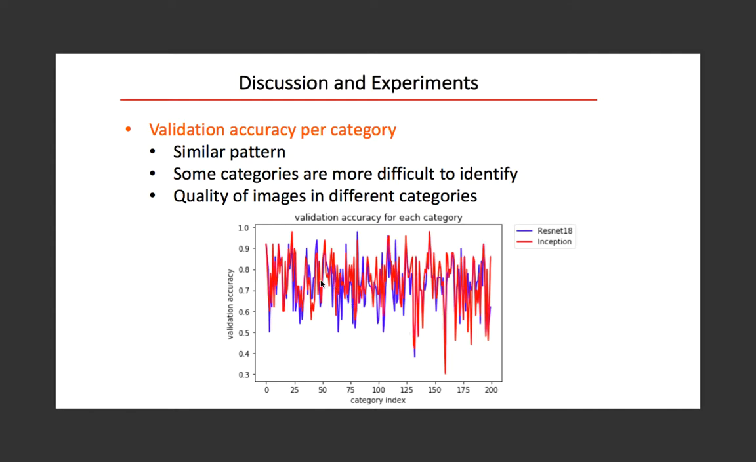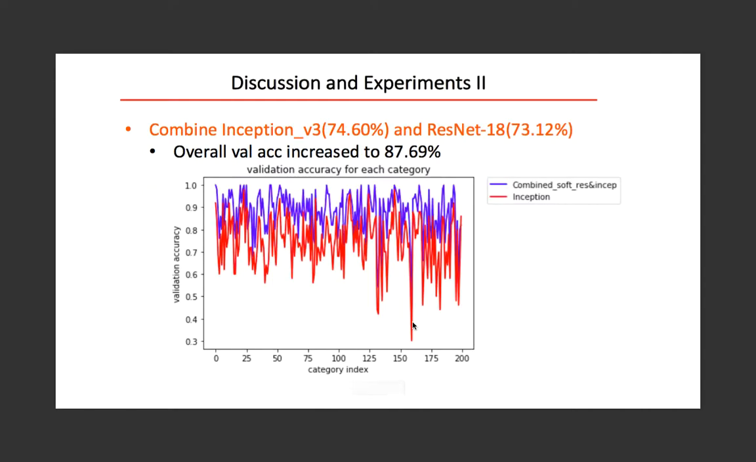But as we can see, the blue line and the red line are not exactly the same. Still, they have different strengths on different categories. So we would still give it a try, and we want to combine the two networks to see if we can get some improvement. And here is the result. The blue line is the combined accuracy for each category, and the red line is just the accuracy for the Inception net. You can see that there is an overall improvement, and it improved to